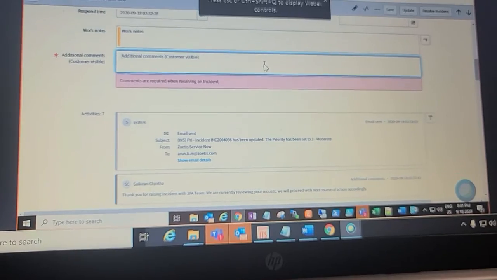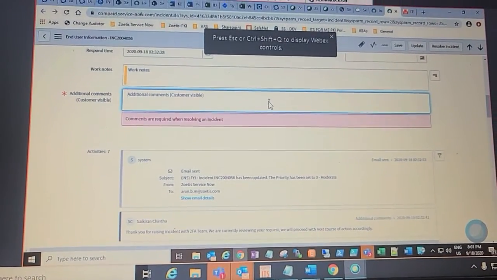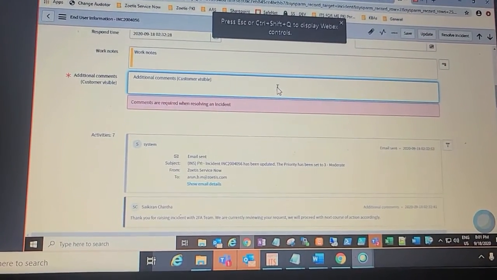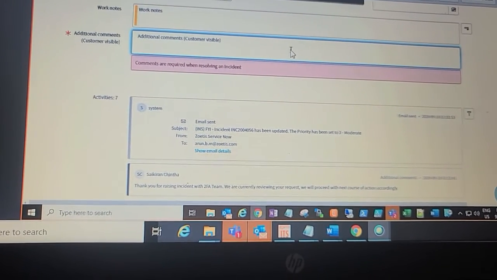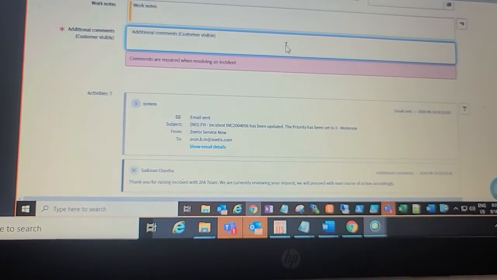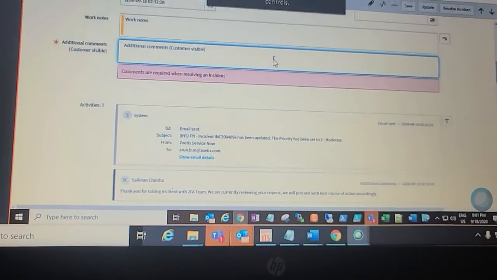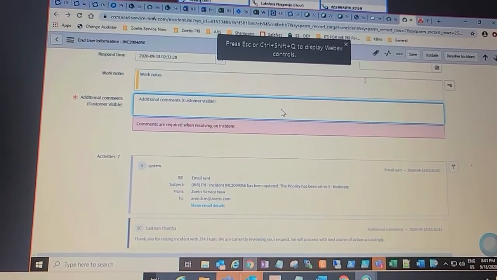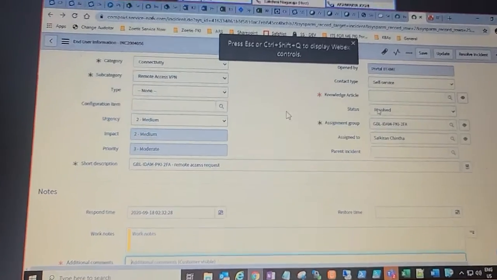When you were working with Sindhu, can you just ask Sindhu to explain the states of incidents? She will explain in detail. The states of the request.